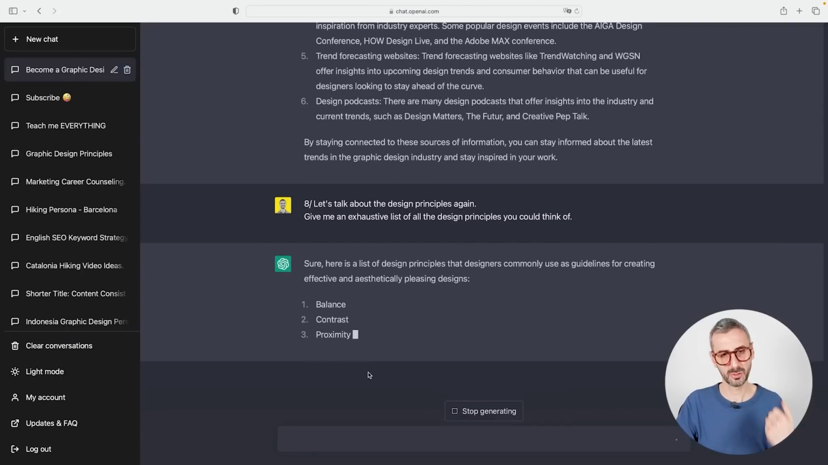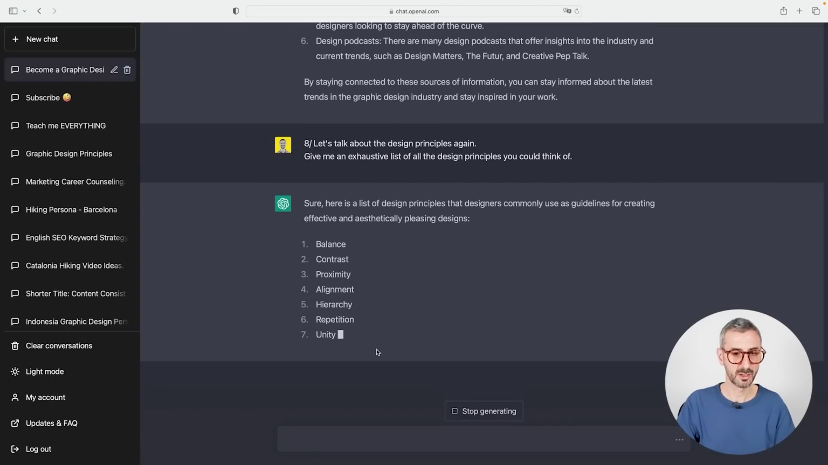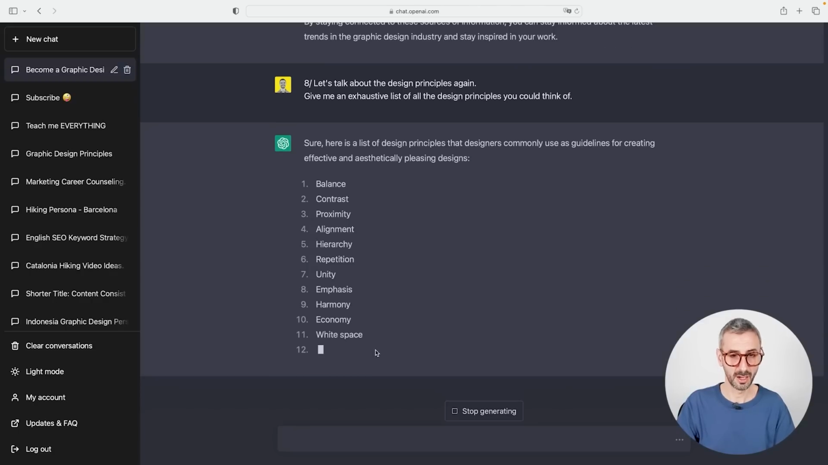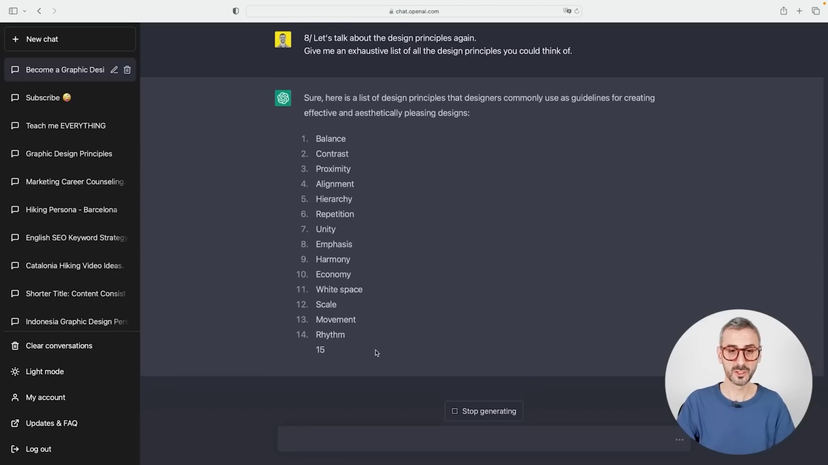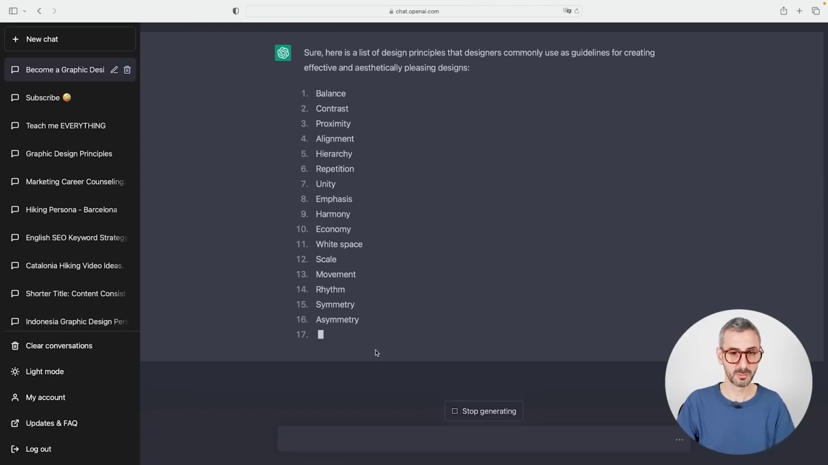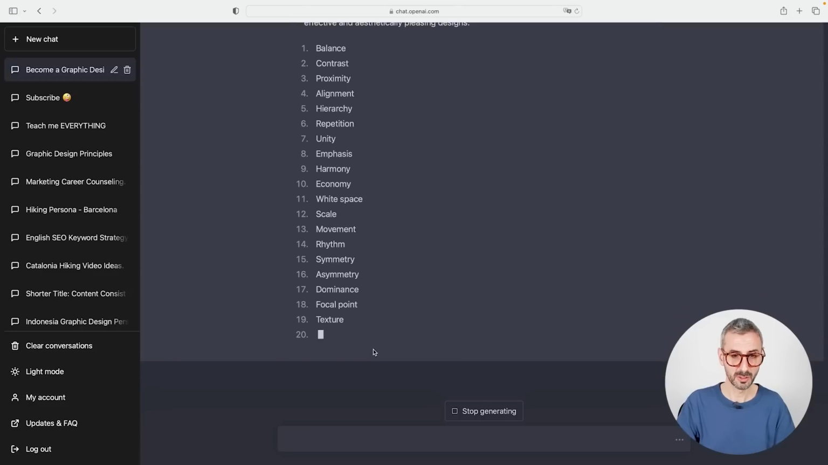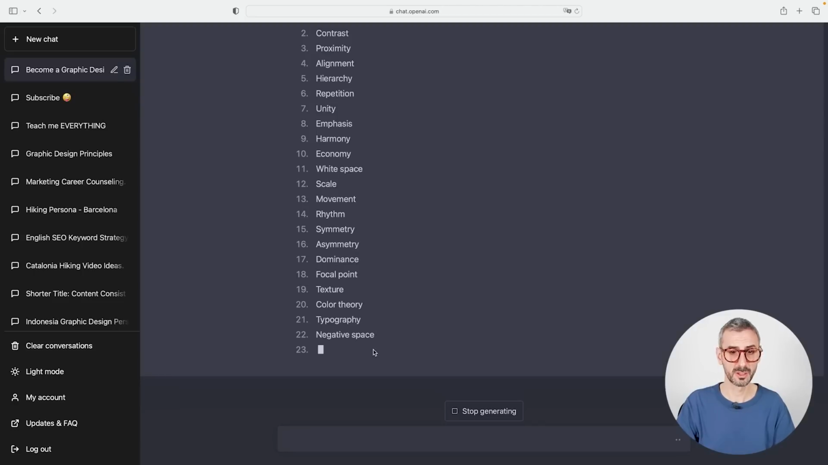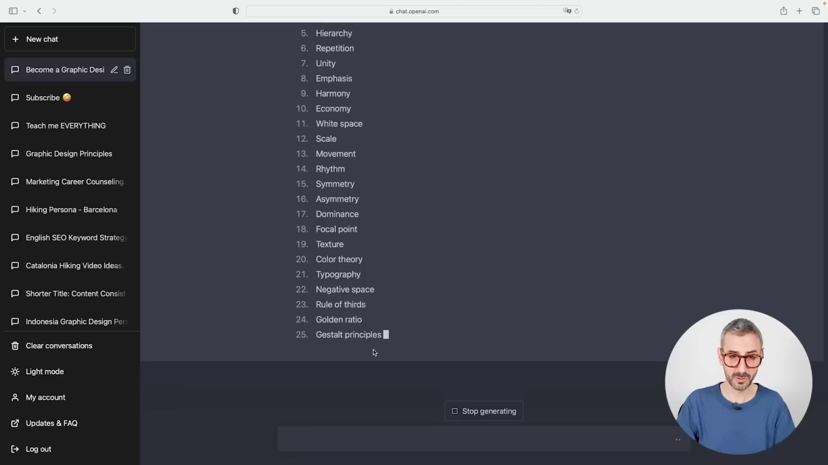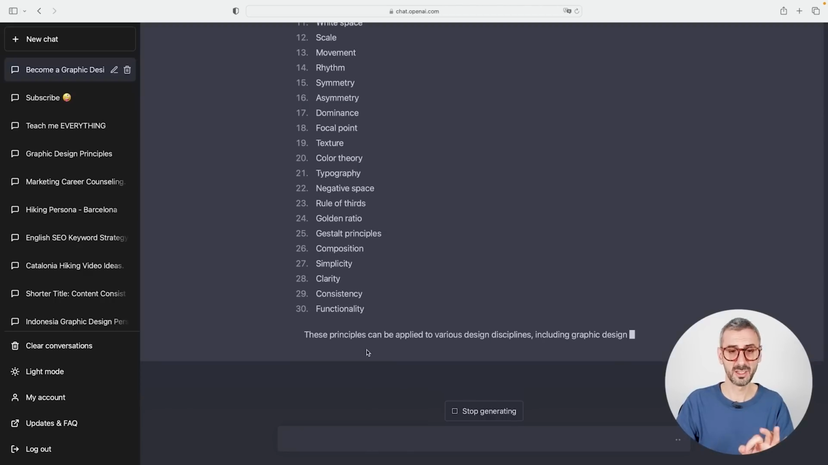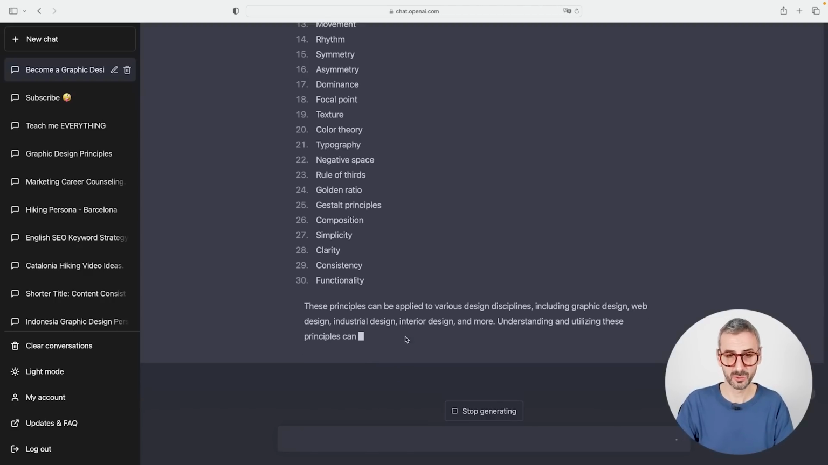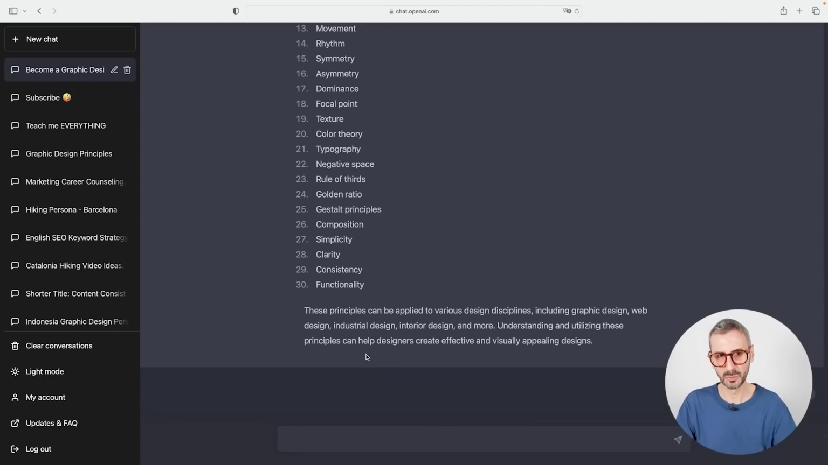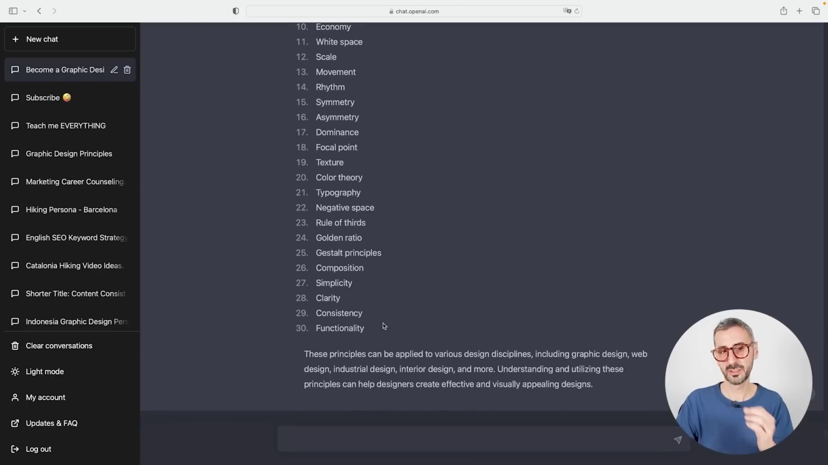Balance, contrast, proximity, alignment, hierarchy, repetition, unity, emphasis, harmony, economy, white space, scale, movement, rhythm, symmetry, asymmetry, dominance, focal point, texture, color theory, typography, negative space, rule of thirds, golden ratio, Gestalt principles, composition, simplicity, clarity, consistency. That's 30 design principles right here. So we can probably go back to our whiteboard, put everything there under the first column, and really start going